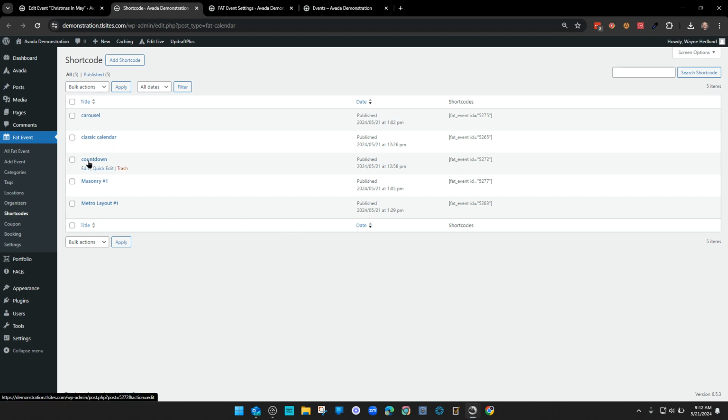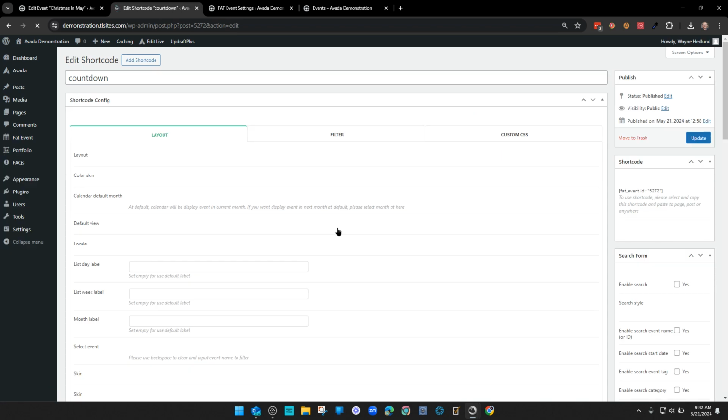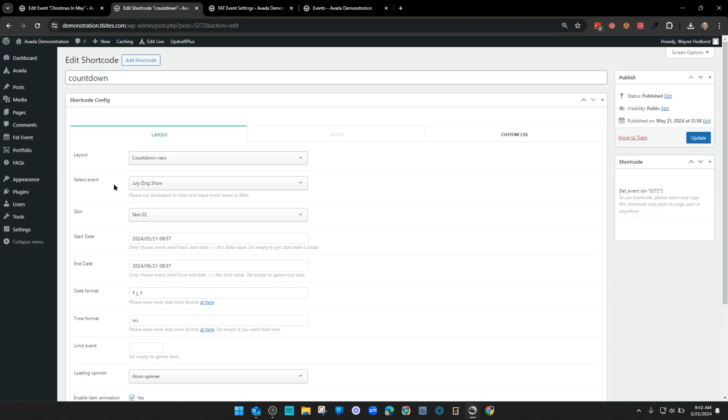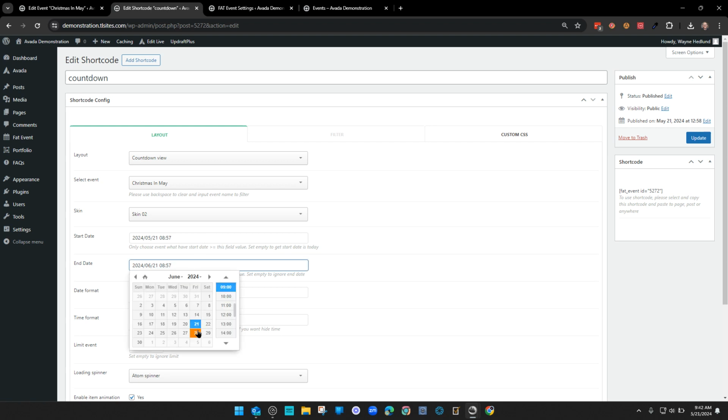So I have this countdown shortcode already created. It's already implemented into my page. I'm going to click on edit. And with the countdown view, I can select the event that I want to focus on. In this particular case, it's going to be Christmas in May. I'm going to select the event Christmas in May. When is the start date? Well, the start date could be today, 5/21, and the end date will be right over here, May 31st,